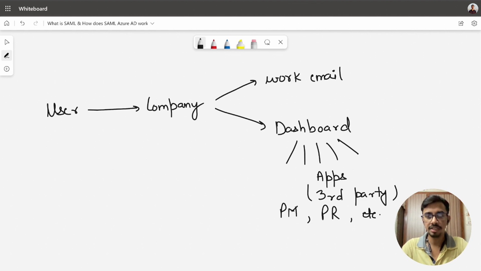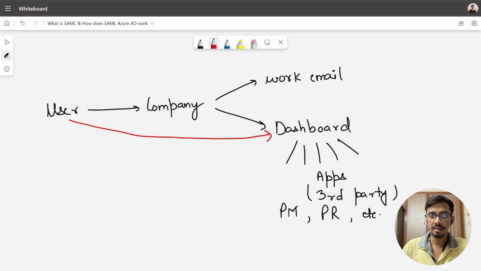So to get access to these apps, the user will basically have to first visit his dashboard, and from there he can open all these apps, right? Now, being third-party apps, the user will have to authenticate himself some way or the other to get into all these apps,